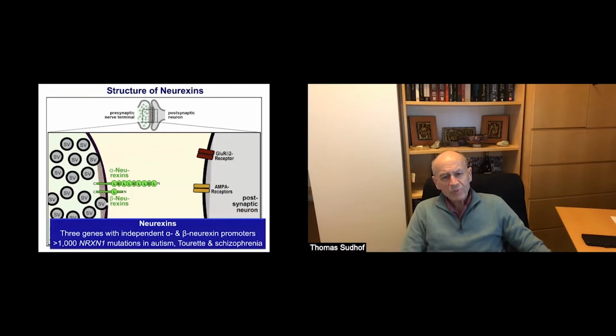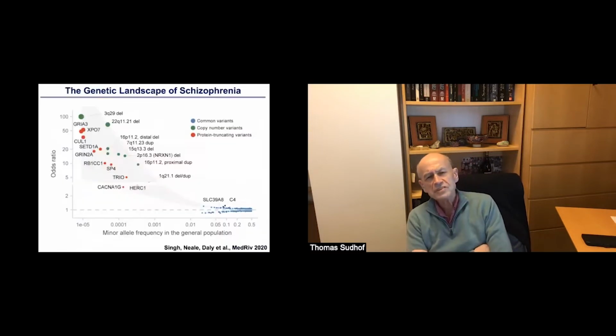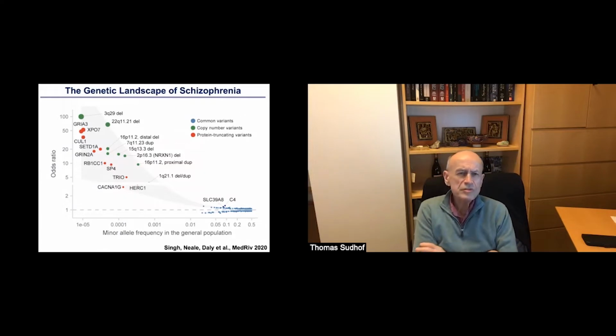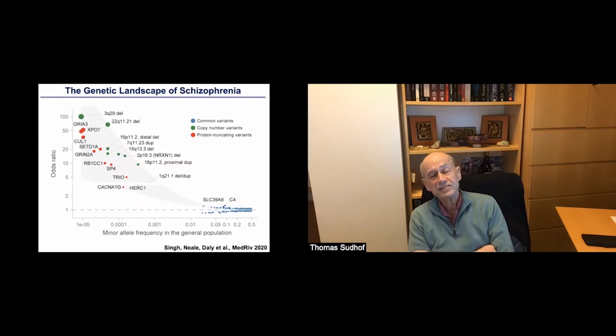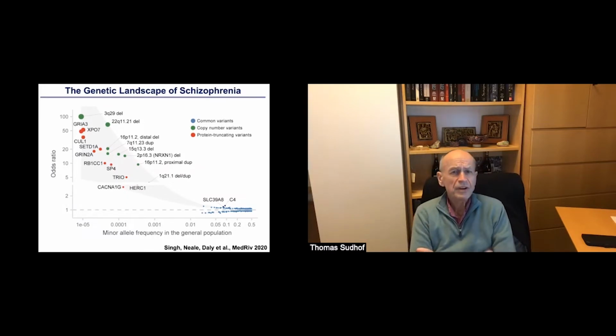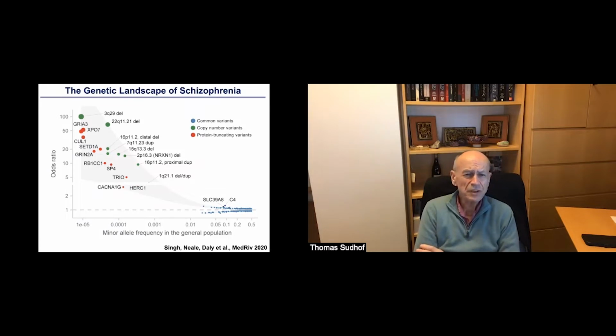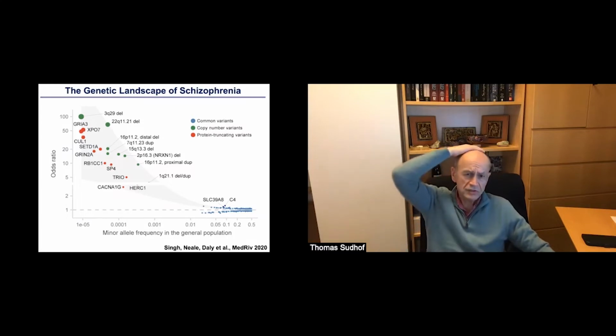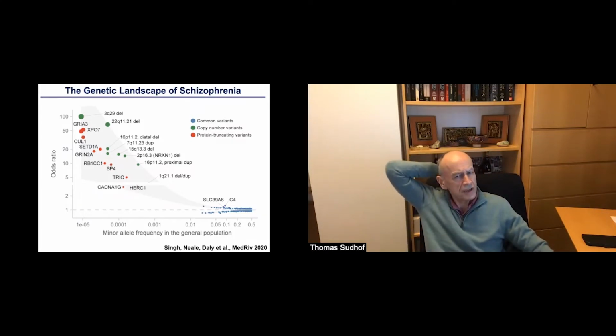When you look at these disorders in general, all of these disorders are genetic to some extent at least. And there's been enormous progress in understanding the genetic landscape of these disorders in recent years. What you see here is a figure taken from a paper from the Daly Lab from medRxiv that illustrates the genetic landscape of schizophrenia, where you see the extent of impact, the odds ratio, on the y-axis and the allele frequency on the x-axis. And what you can see here, first of all, is true for all neuropsychiatric disorders, namely that there's a lot of different genes that have